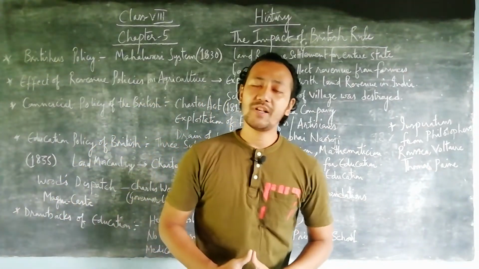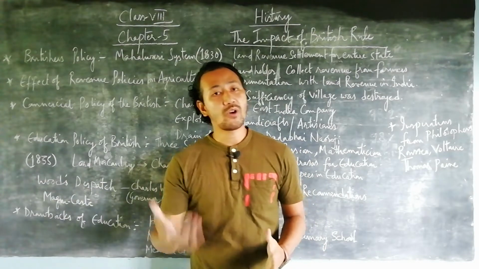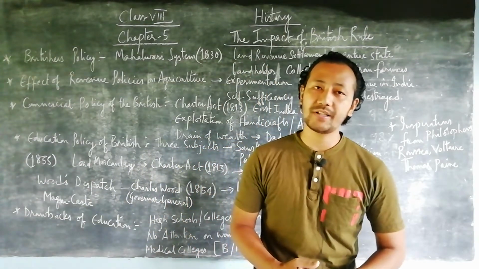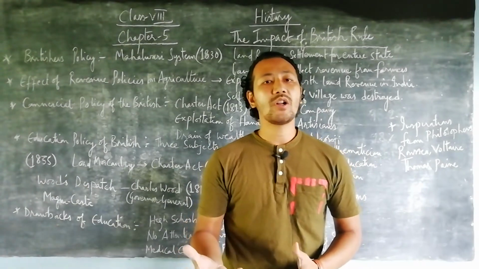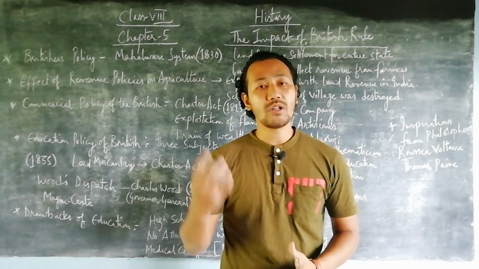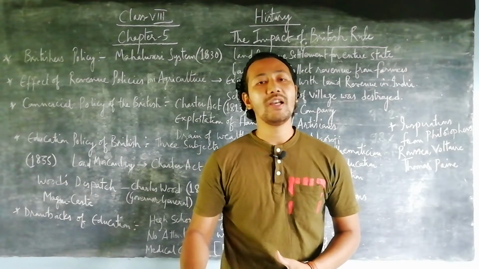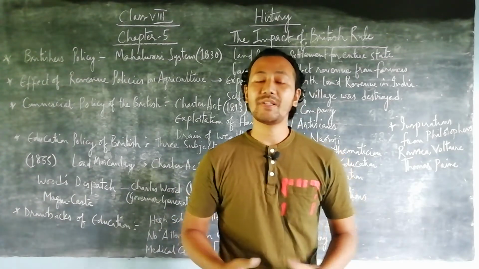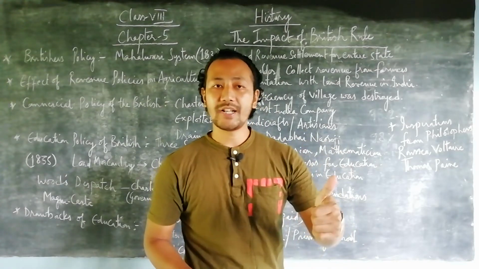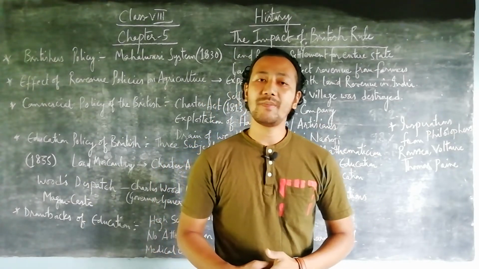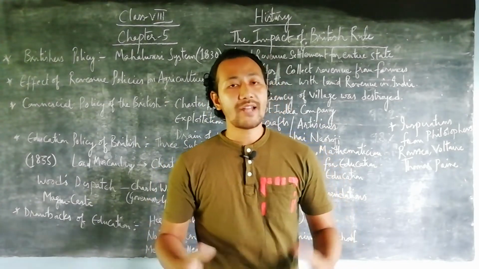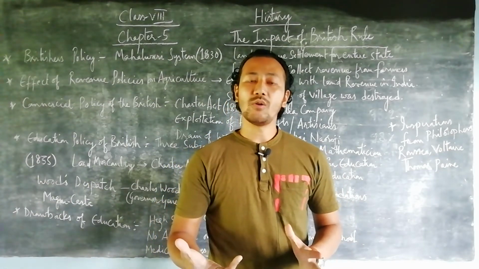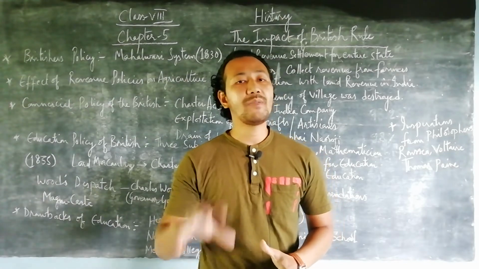So if you have seen the first part of the video of this chapter, there I taught you exactly what policies and schemes were taken by the Britishers in order to exploit the farmers or the peasants, bringing them to a very low level of harassment, with a lot of miserable life faced by the farmers. The schemes and policies were such as the Ijazari system followed by permanent settlement, and even the right to resettlement. But in today's class we'll focus on one more policy which the Britishers implemented in order to extract lots of wealth